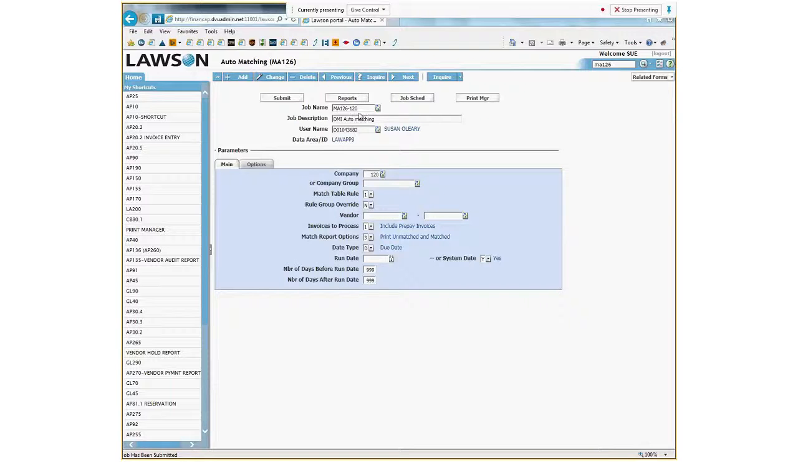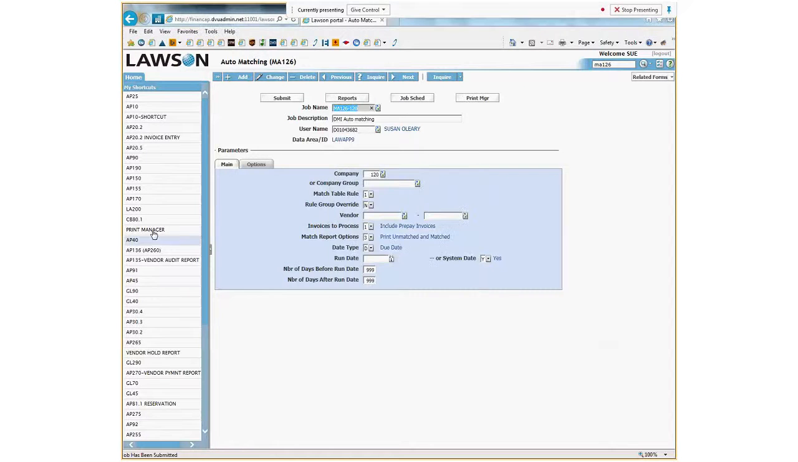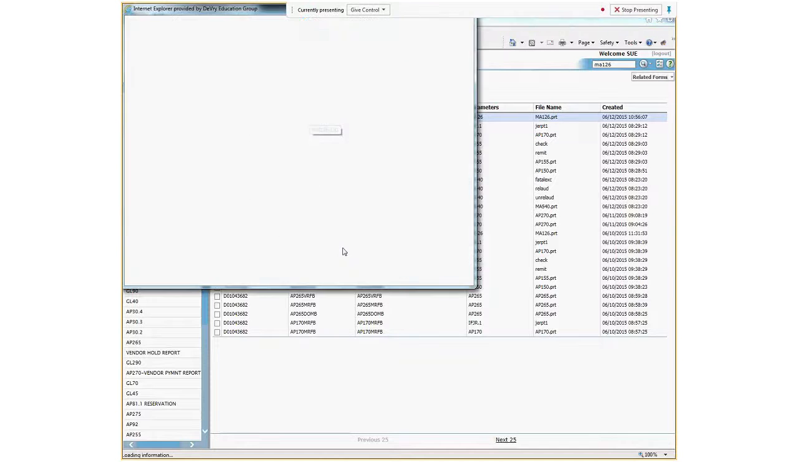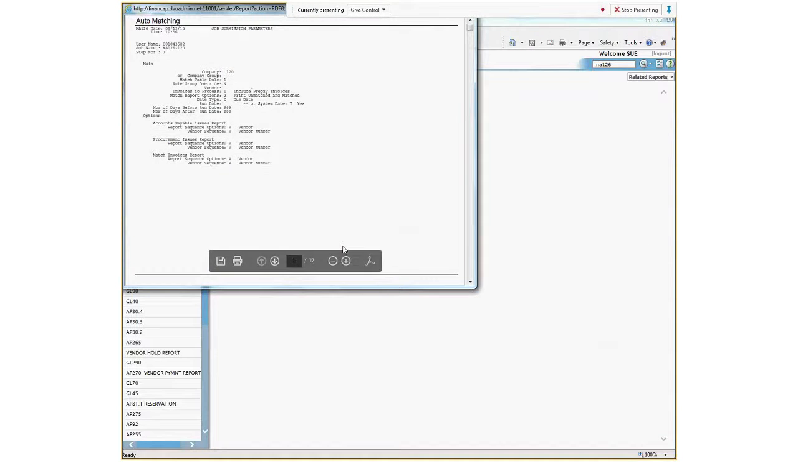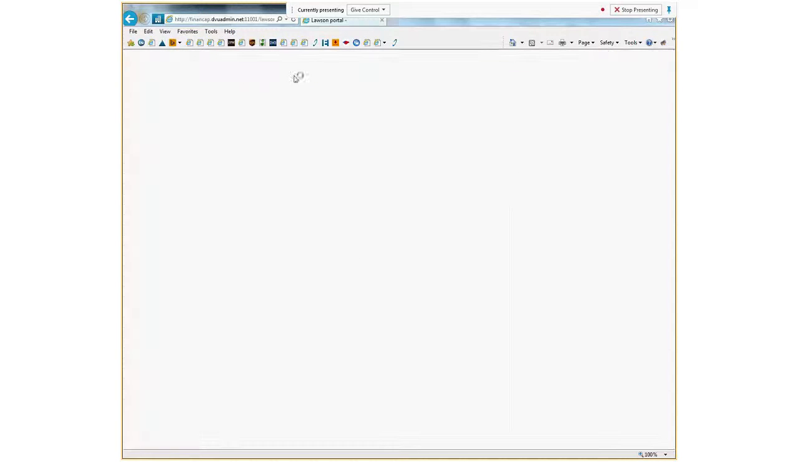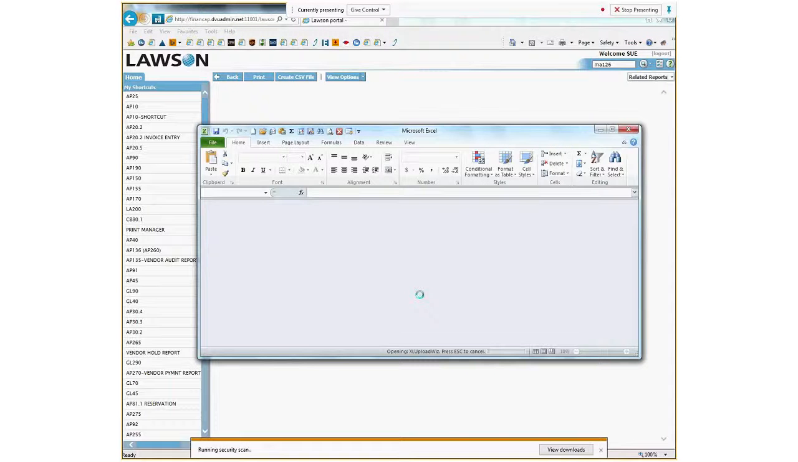So you're going to run your MA126, then you're going to go to your print manager, you'll double click, and then you just want to close, and then you'll go to create CSV file. You want to open that up,